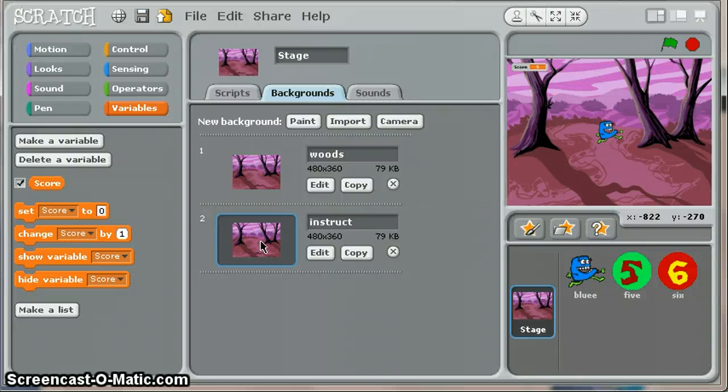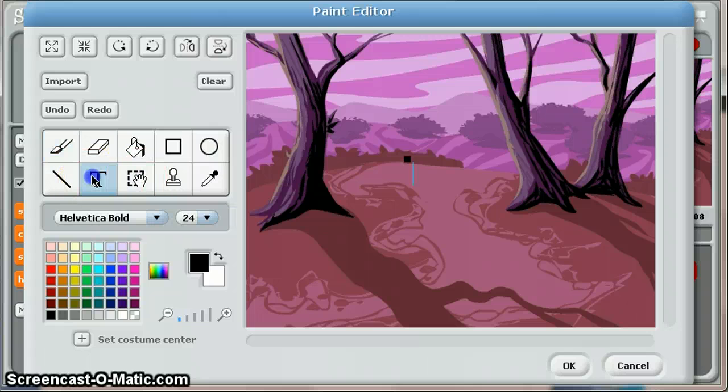And I'm going to click on this background and then click edit, and I'm going to click on the text tool here. And when you click on the text tool, a cursor appears underneath this black square. So I can move this black square to somewhere to start typing. So I could say something like move Bluey using arrow keys